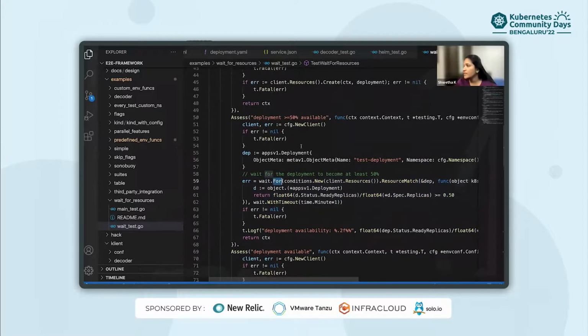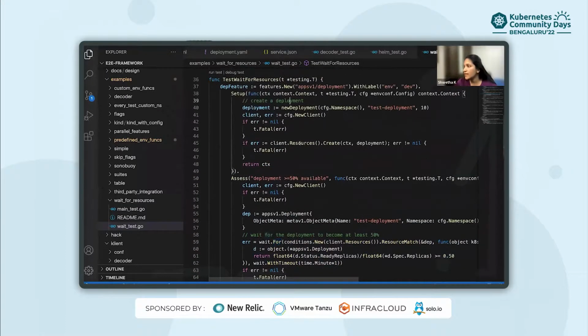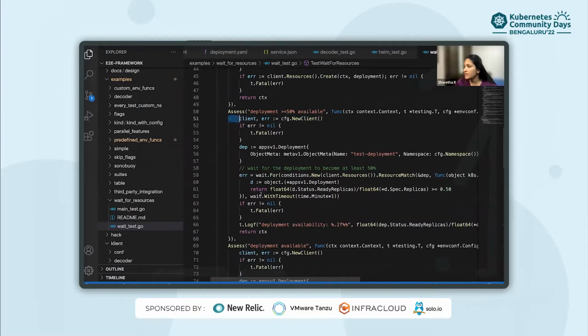If you see here, once the deployment has been created, in this test case we are waiting till this deployment is 50% available. So here is the condition which has been added. This is done using the wait condition functionality.